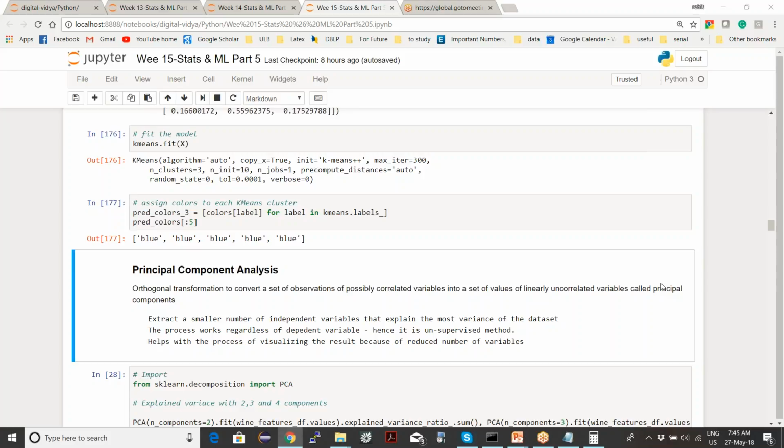Okay, I don't know if Sonia is also there. Sonia, you understood the question? Yeah. So you have any example of where you do dimensionality reduction in real life? So have you ever done this reducing number of dimensions?